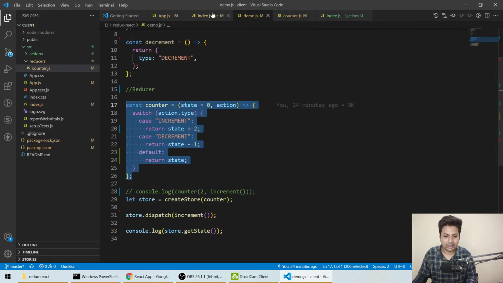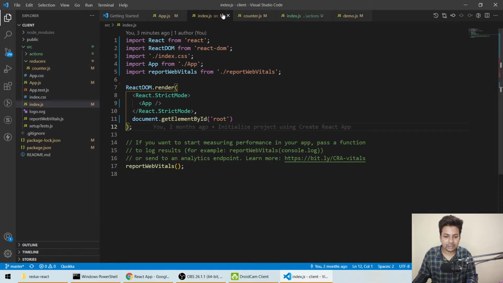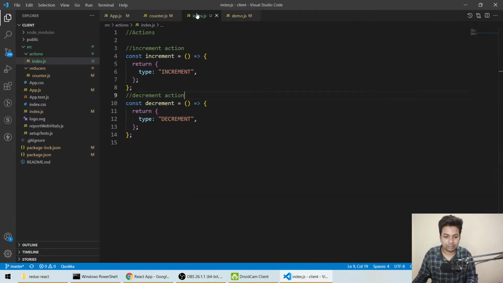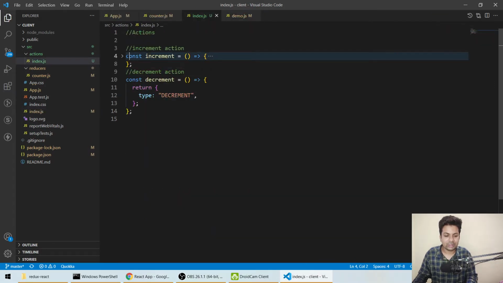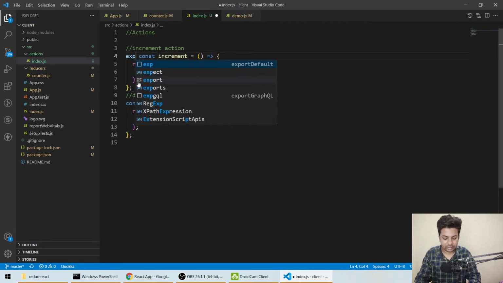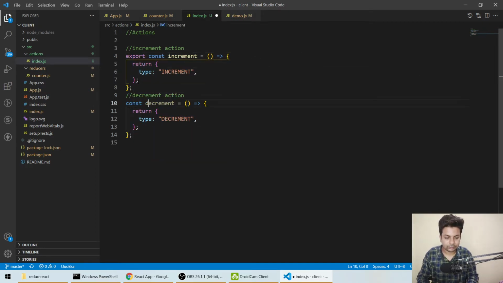And in demo, let me put the demos here in the end. And in this, not this index, getting started, let me, so many pages are open. Yeah, so let me export these functions, increment actions also. Export, and we'll do export. So everything is same, nothing much. Okay, now